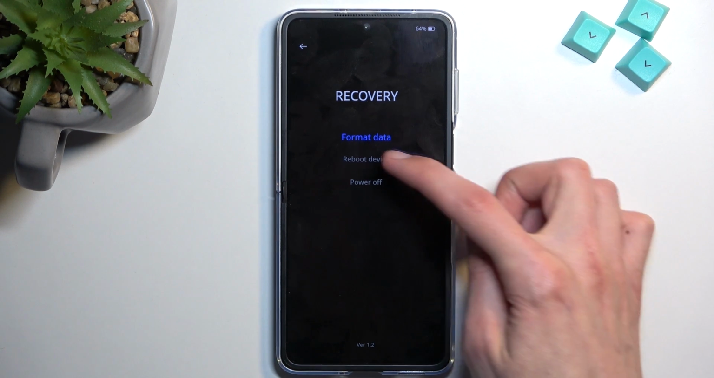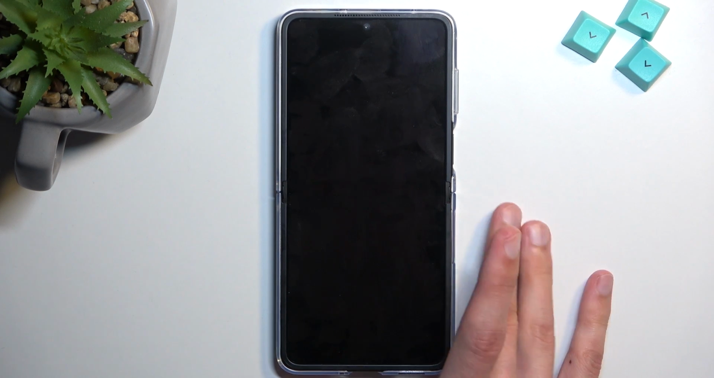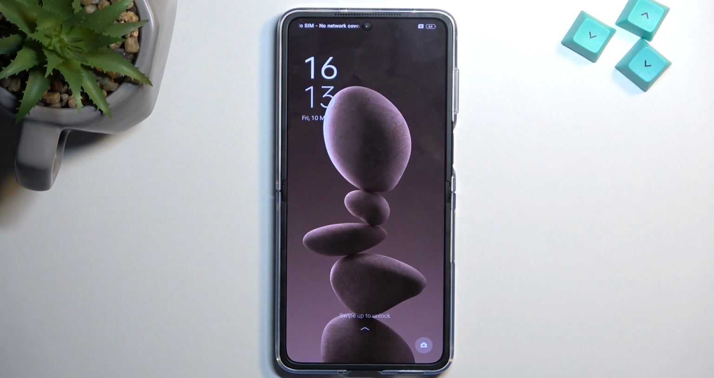So I'm gonna stick with the reboot device, which takes me back to Android, and obviously is just a way to leave it. And as you can see, we are now back in